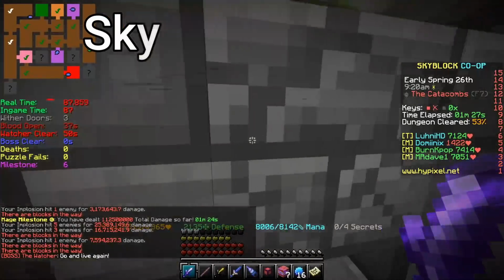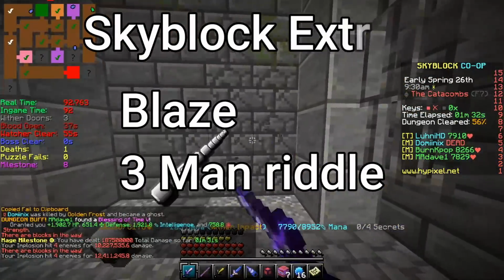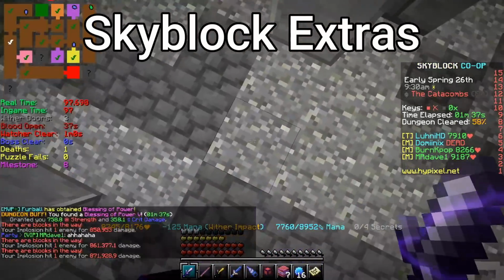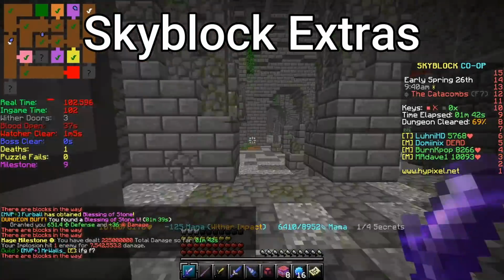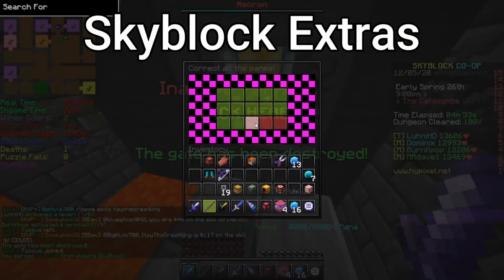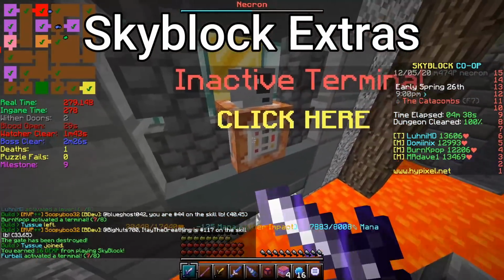I also use Skyblock Extras because of the Blaze and the 3-man riddle mods, which show me which blaze or chest to open, which saves me a lot of time to maximize my speed in dungeons. Also, for those heroic adventurers who dare to traverse the floor 7 dungeon, Skyblock Extras also helps with the terminals in phase 3, where it tells you the colors and the items to click to speed up your phase 3